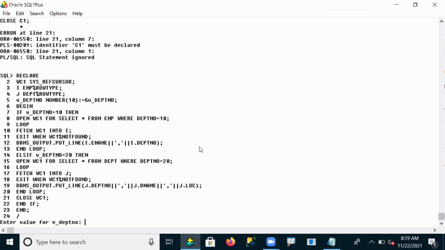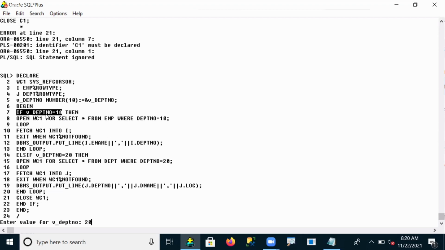So after that, if I enter 20, if the user has entered the department number 20 at dynamic level, then first it will go to the if condition: if department number 20 is equal to 10. Now tell me guys, is the condition true or false? The user entered 20, but your condition value is 10. So is the condition true or false? Yes, the condition is false.